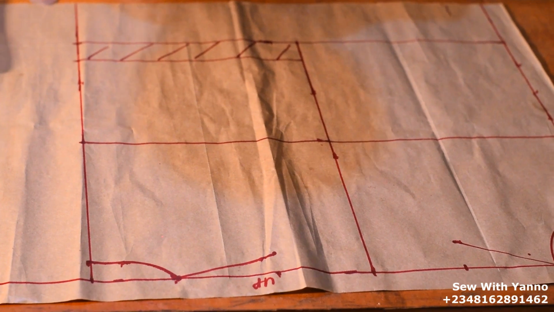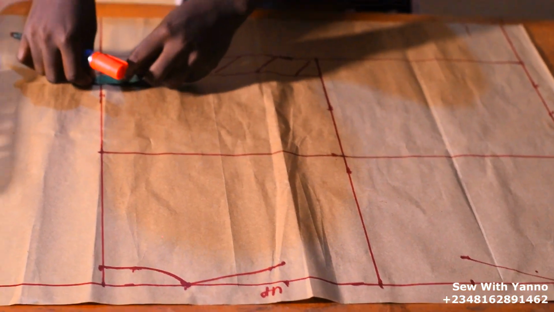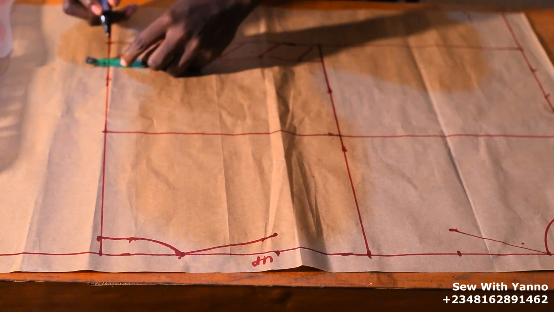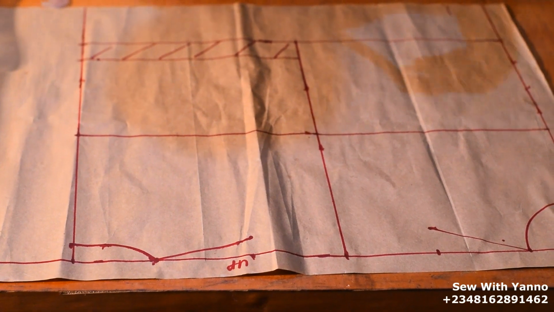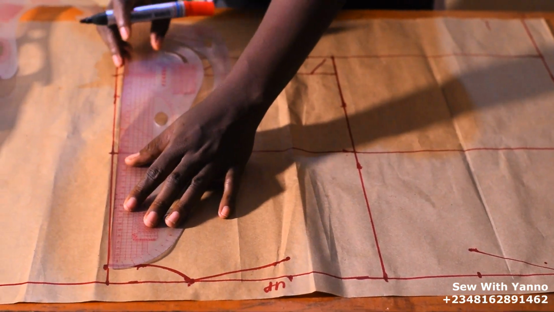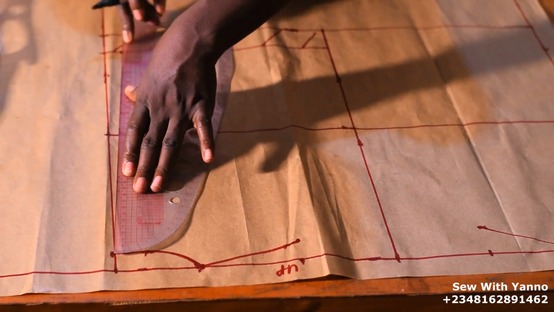So the next measurement we'll be taking is our back tightening to avoid zipper bulge. So I'll be going in by 0.75, and I'll be taking my dart